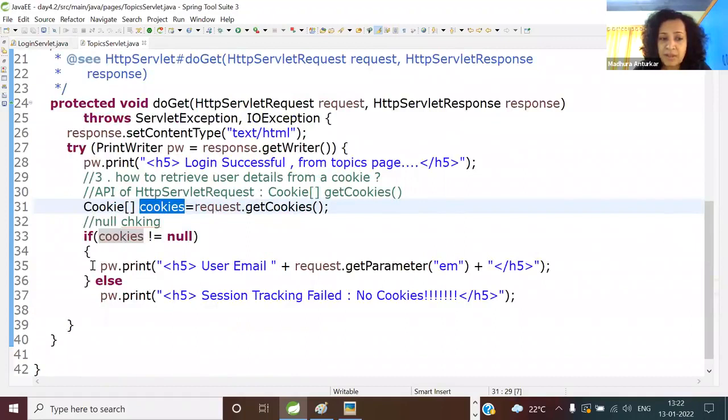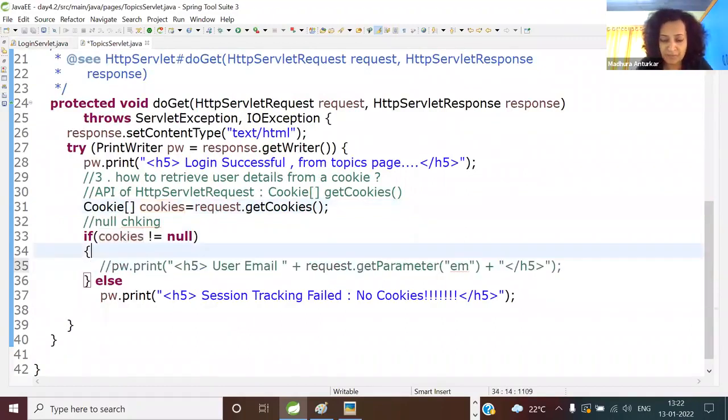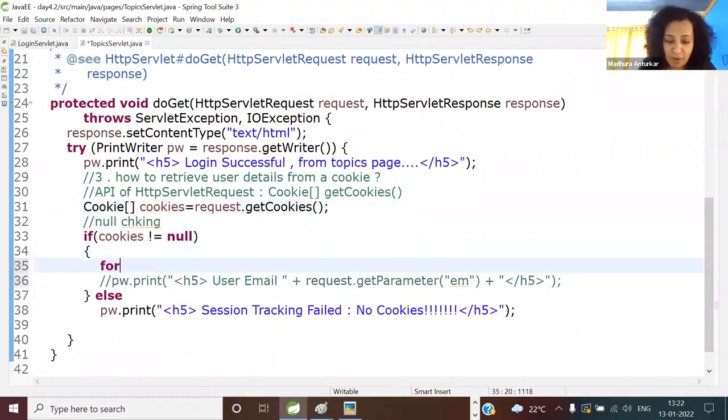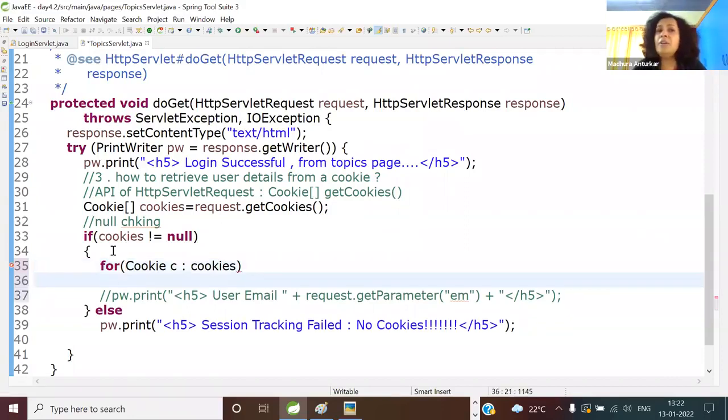So right now we don't require this. Here you can have a simple for each cookie c, or you can say Arrays.stream(cookies), whatever you like. You can do for each Cookie c in cookies. Now, are we looking for any named cookie or a specifically named cookie? Specific name. So here you can go for this: if c.getName